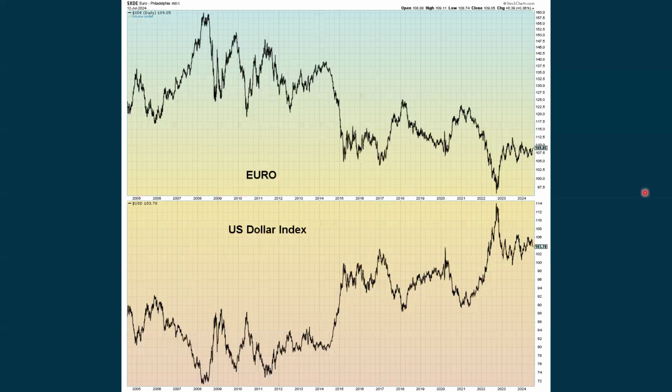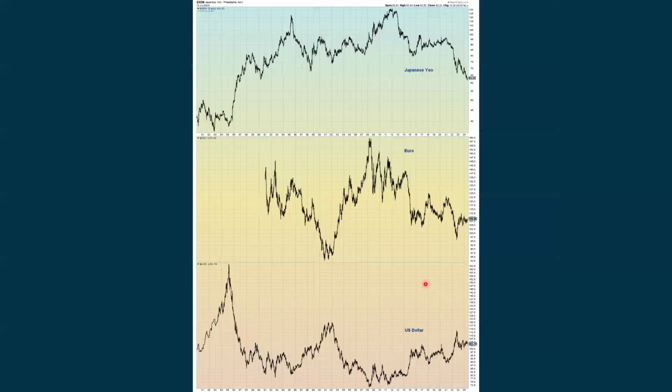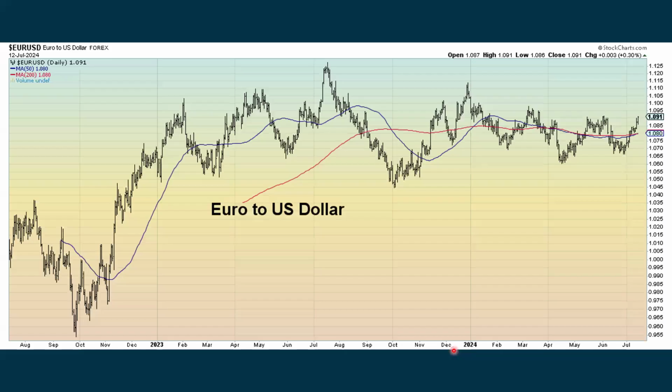Then we look at the dollar in relation to other currencies. Here's the euro on top. And even though this is the US dollar index, which has a lot of currencies in there, the euro is the biggest currency. And this is almost a mirror image. Like this could be the mountains on top, and this is the reflection you see in a lake on the bottom. And we can keep an eye on the Japanese yen as well, which has really been going down, and the euro, which has been chopping sideways. And then on the bottom is the US dollar index. And then we break that out.